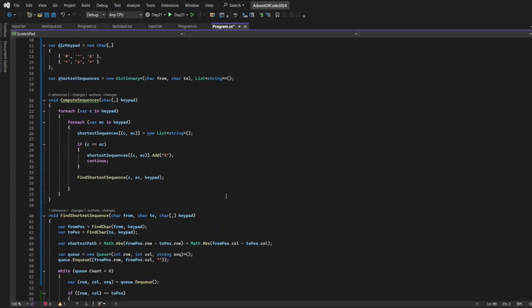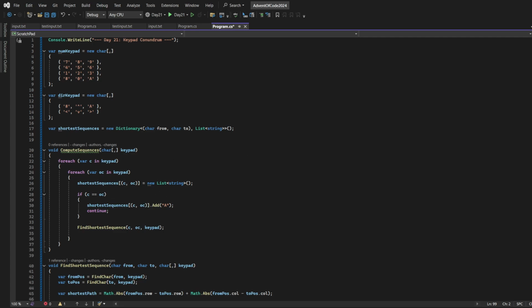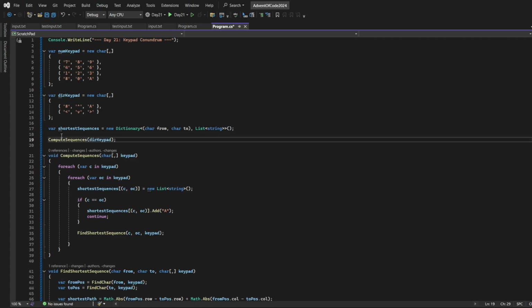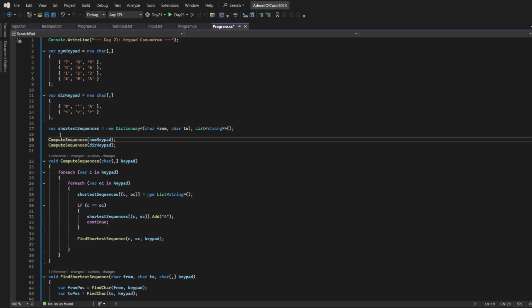So to use this, before we do our actual computation of our codes, we will initialize both the numeric and the directional keypad,